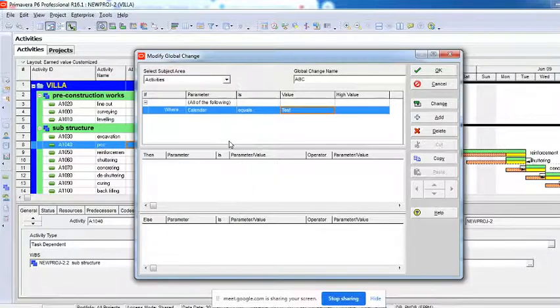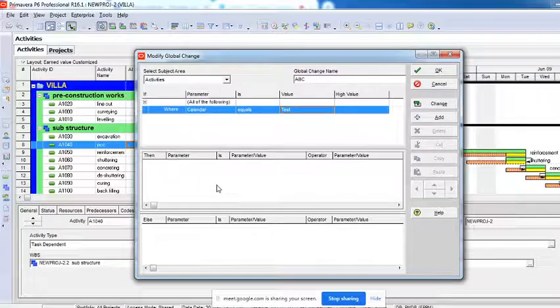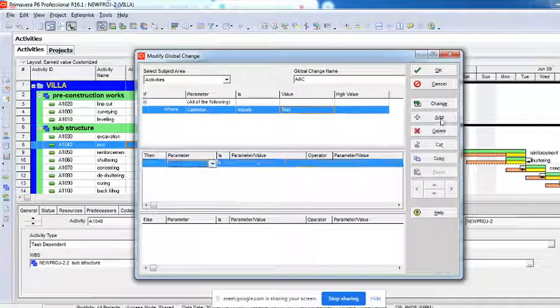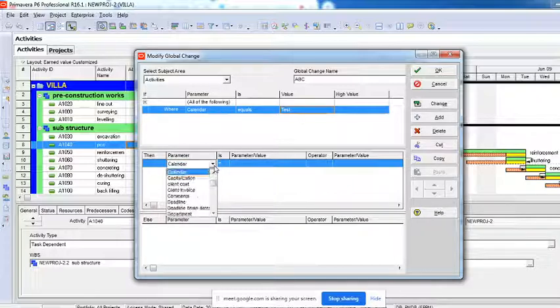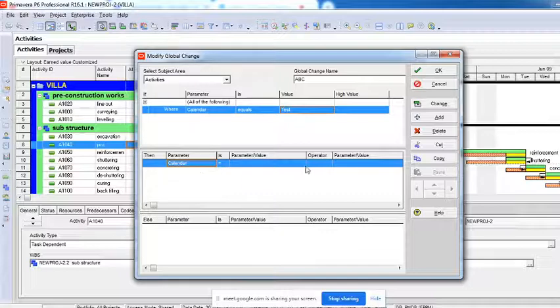I'm creating a parameter here. I'm telling where calendar is equal to test, and you can see here the selected subject area is activities, where I'm changing this for activities, right? So I'm doing these changes in the activities page, where calendar is equal to test. There is an option called Then. Click on this and then say add. Okay, there's a parameter getting added where calendar is equal to test. Then I'll say calendar is equal to